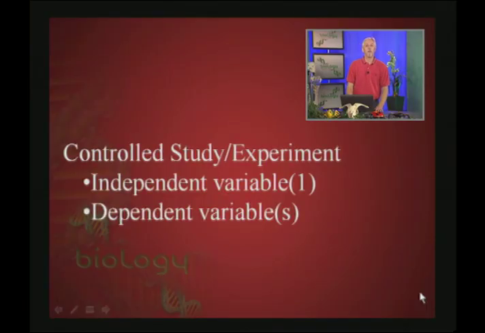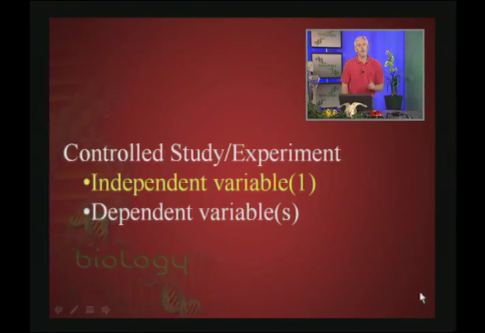And there are various ways that you can do that, but really the best way, kind of the gold standard, would be a controlled study or an experiment. And there are different elements to a controlled study or an experiment, and I'm first going to briefly discuss these, and then we'll look at an example, and I would think it will make them a lot more understandable.